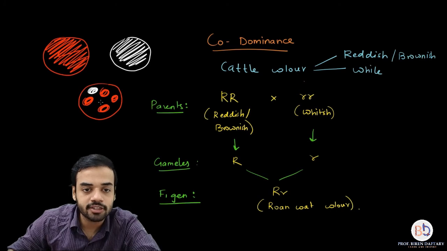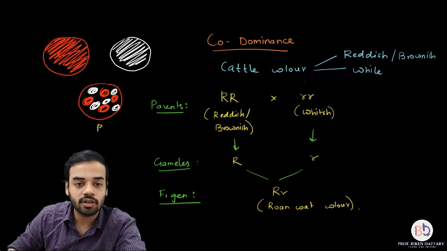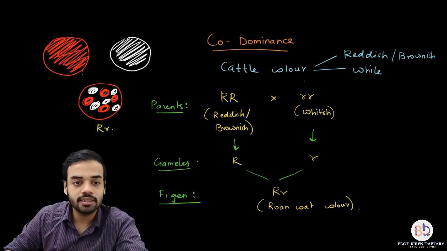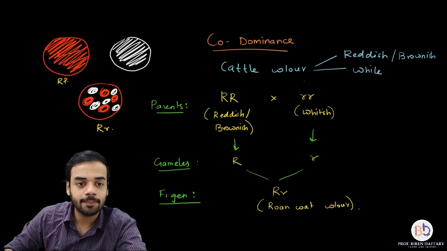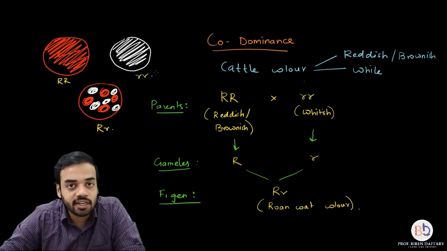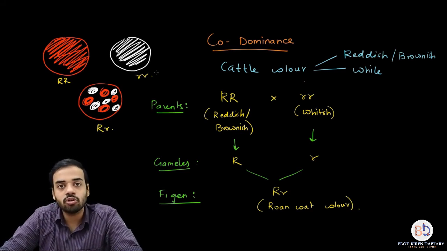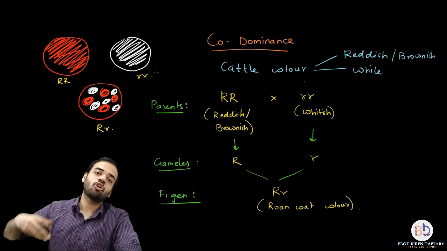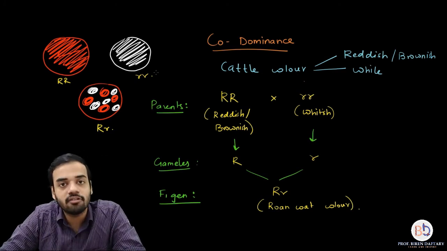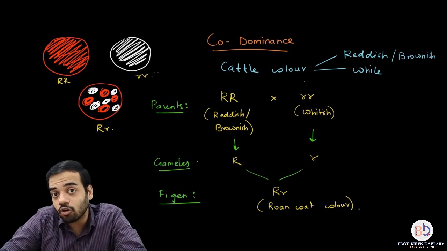I hope you are getting this point. So the coat is having both red patches and white patches, and this is basically your capital R small r. This is your capital R, and this is your small r. Are you getting this? So here you are not getting a pink colored coat color. The mixing of alleles is not occurring. Both the alleles are being dominant at the same time, and both are equally dominant, and both are able to show their effect equally without mixing.